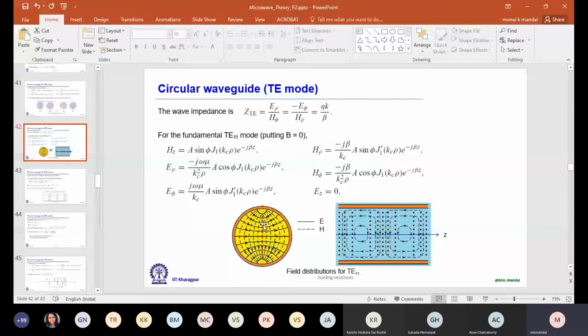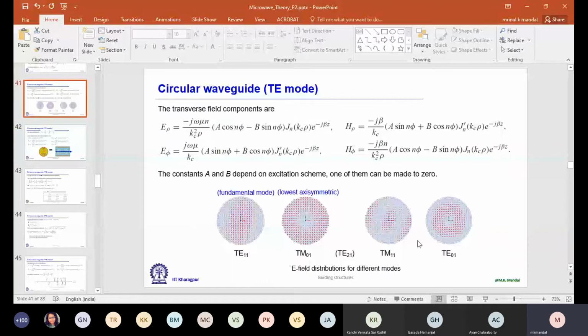Magnetic field components again form loops, and a part of this is on the XY plane, and of course, it will be perpendicular to the electric field component. So once we have the electric field component on a cross-sectional plane, we can actually draw the magnetic field components. And then it goes in the forward direction and then comes back as a loop. So you can see this top view or side view remains the same. So the magnetic field forms a loop like this, but over a cross-sectional plane, the electric field and magnetic field are perpendicular to each other.